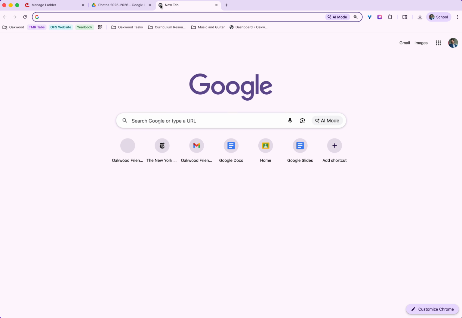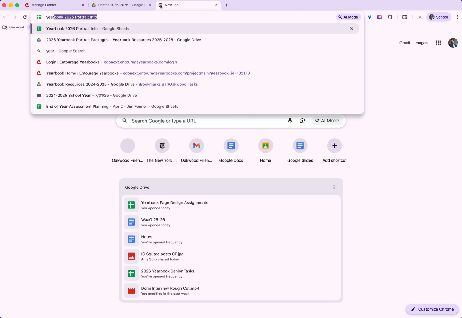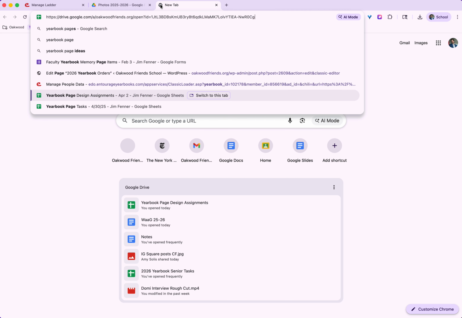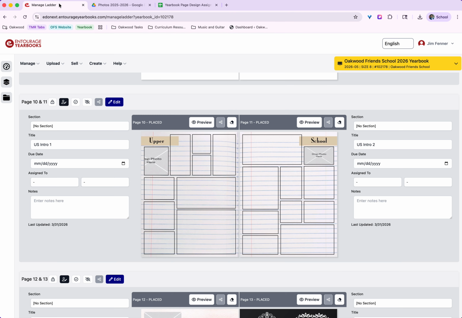We can look again at the, let's take a look here, yearbook, page, assignments. Where is it? Is that right? Yeah, that's right. Okay, cool. So anyway, we have all of these pages right here. It looks like there's about 28 pages and spreads. So I'm just going to pick one of them right now, and I'm going to do the upper school intro because that's the first thing that we're seeing. So I'm going to go to edit